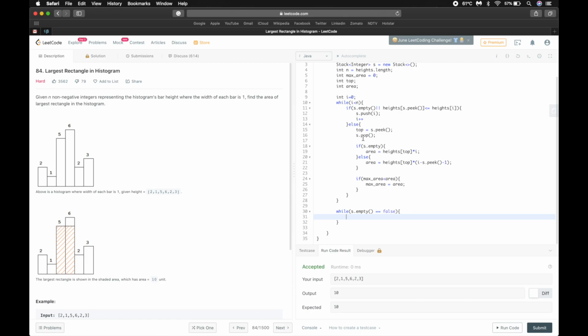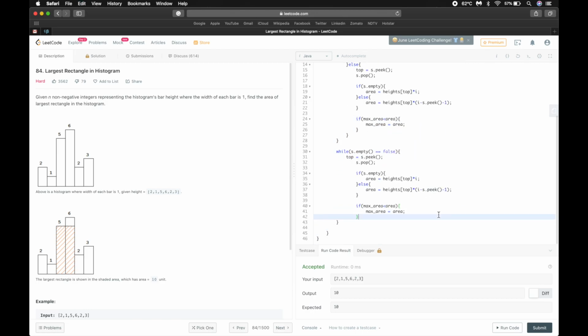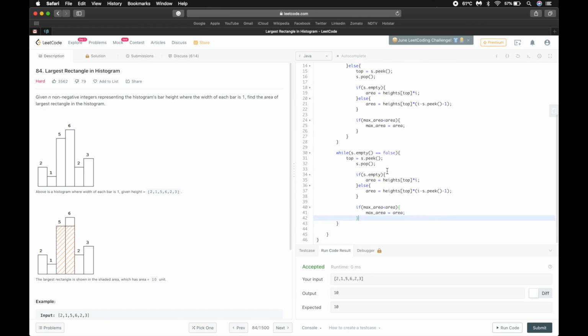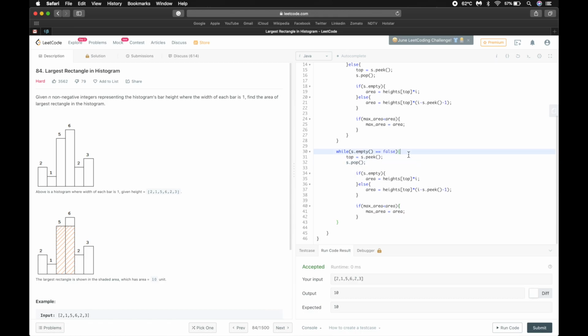It will be nothing but the same as this, similar to this. What we will do at the end, we will return our max area.